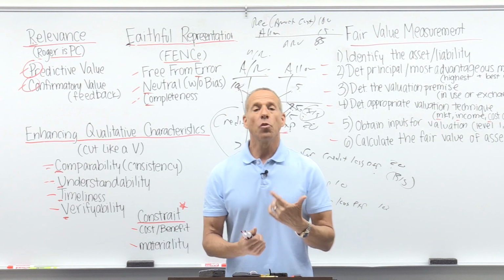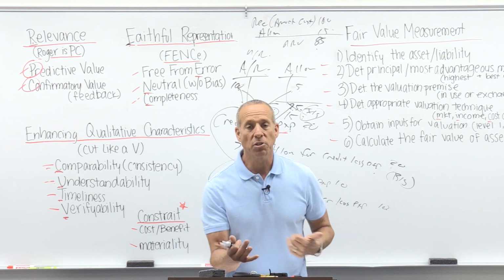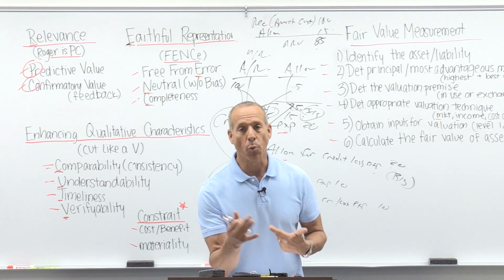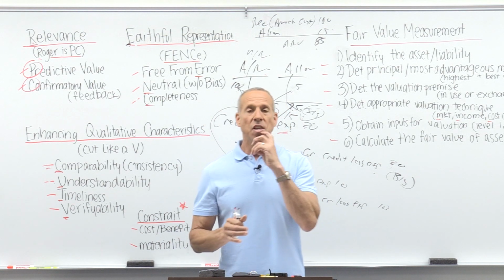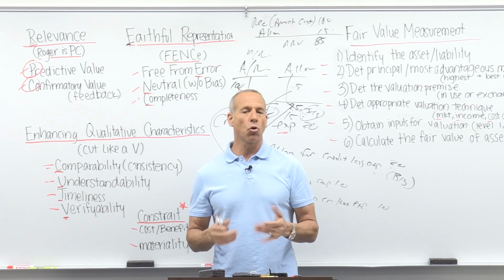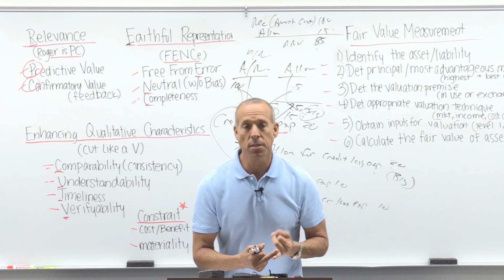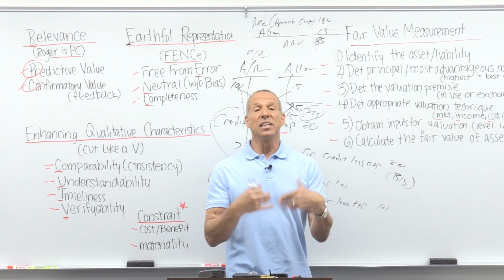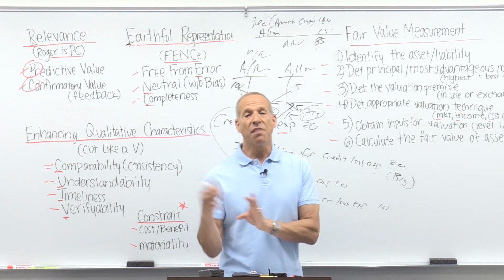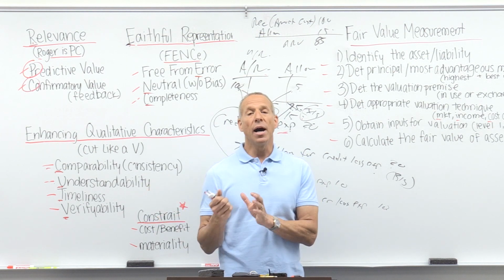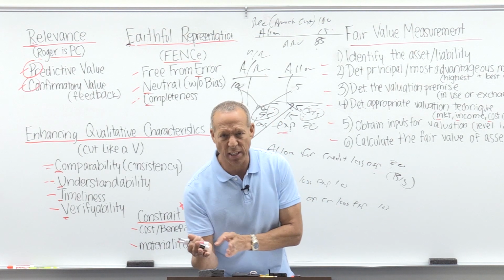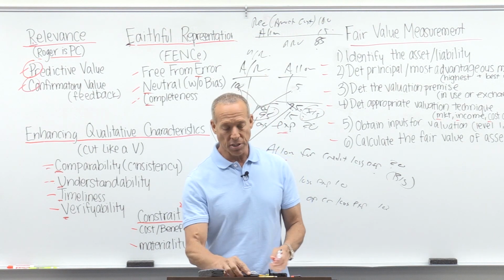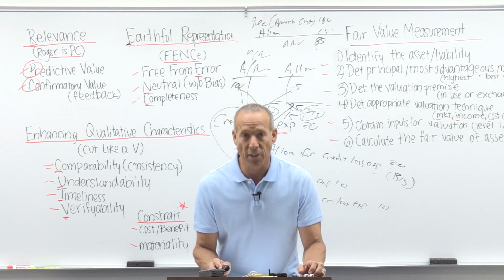So held to maturity debt securities, available for sale debt securities, other assets like a lessor's net investment in the lease. So these other assets, that would be like a receivable. So we have a lease receivable account, and we're looking at this from the lessor standpoint. We'll talk about lessor, lessee. This would be like a non-operating lease from a lessor, like a sales type or direct financing lease. So that's what we're looking at from the lessor's standpoint. It might be a financing lease to the lessee, but a non-operating lease to the lessor. So that'll make more sense after covering the lease section. Also, certain things like certain types of guarantees.